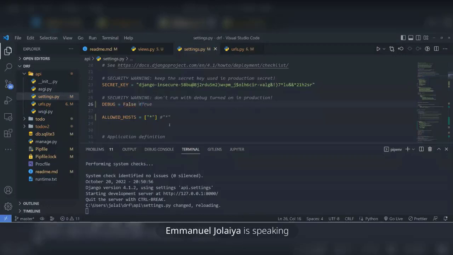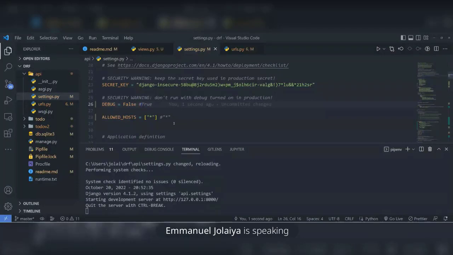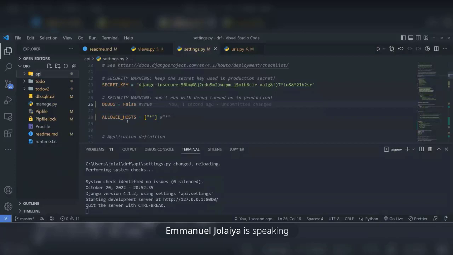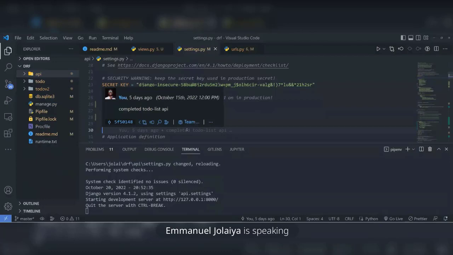Then the next one is allowed host. So this allowed host is basically which server do you want to give access to communicate with your own server. I'm trying to find the best way to explain it, but the concept is when you deploy an application and you want to visit this API, this Django project, this allowed host is where you put the URL of